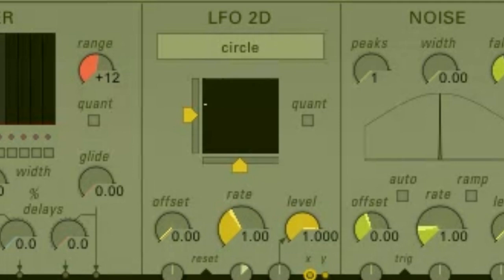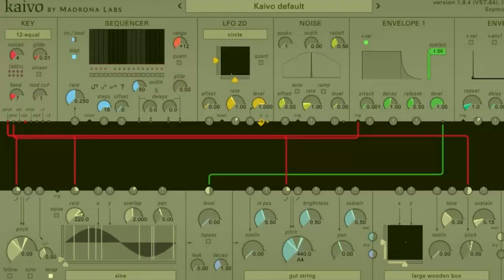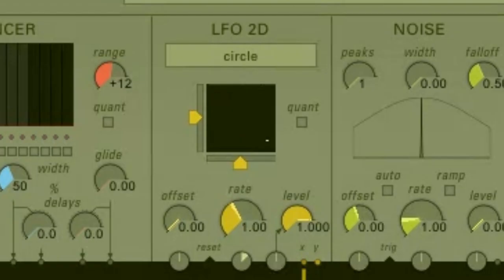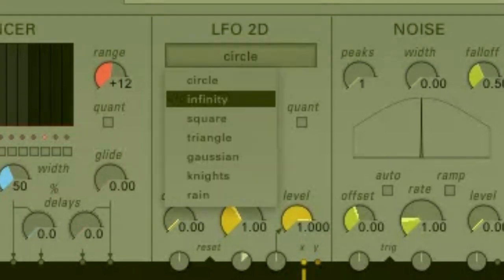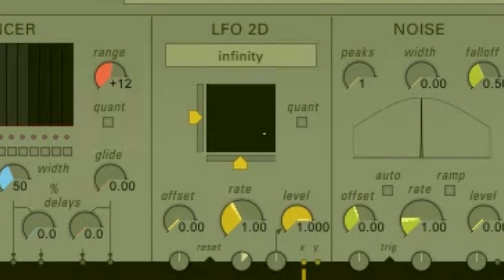Let's look at the LFO next. Kaivo's LFO has a 2D visualizer, showcasing its shape and movement on the XY axis. Let's connect the LFO to the pitch values. You have 7 possible LFO movement shapes to choose from: circle, infinity,